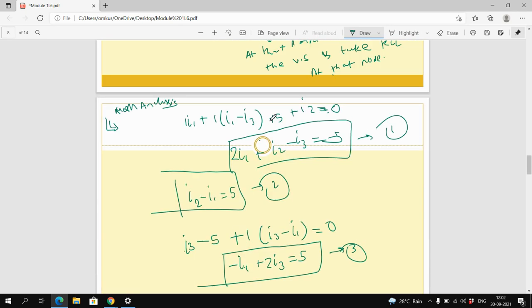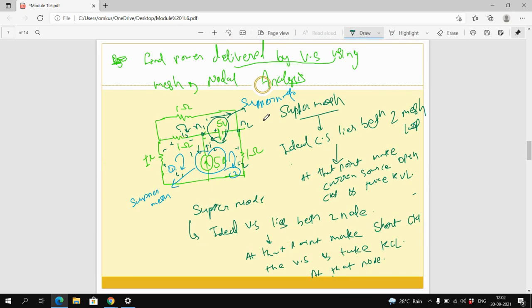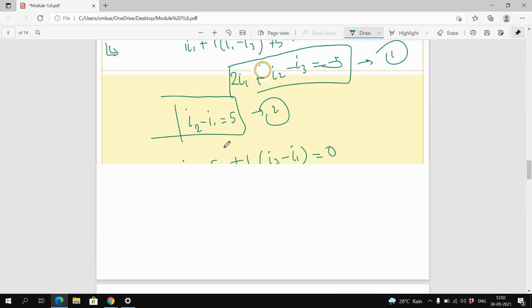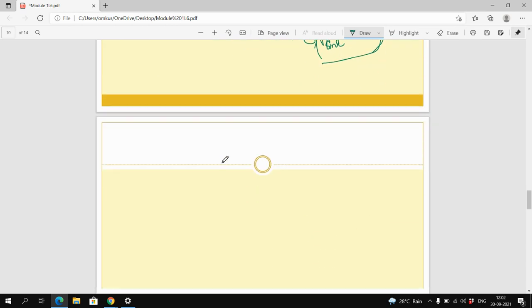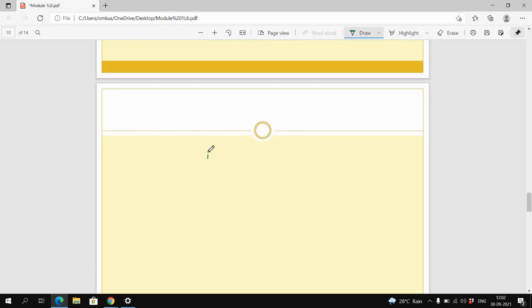Similarly, solve this problem with nodal analysis. So you will get power consumed by this voltage source is 5 watt. See, in nodal analysis,